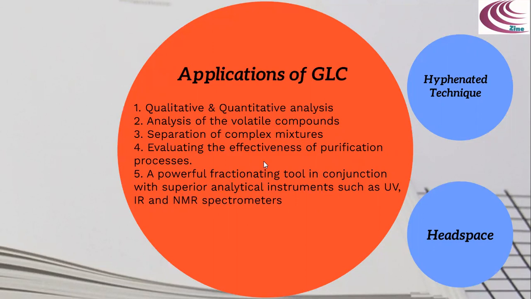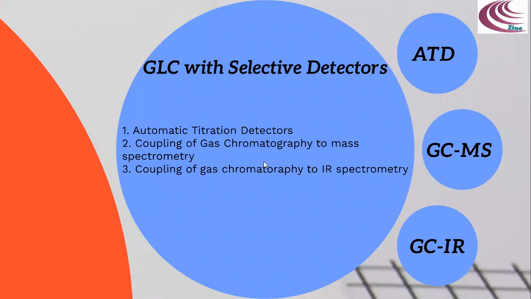It is very commonly used as a powerful fractionating tool in conjunction with superior analytical instruments such as mass, UV, IR, and NMR spectrometers. Then one of the important parameters, we will talk about gas liquid chromatography with selective detectors. In that, there are three kinds of selective detectors: automatic titration detectors, coupling of gas chromatography to mass spectrometry, and coupling of gas chromatography to IR spectrometry. We will just explore